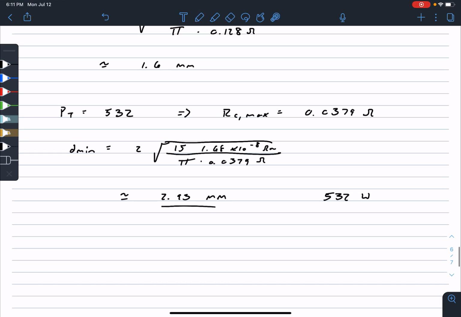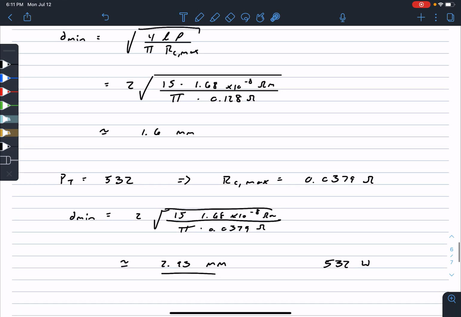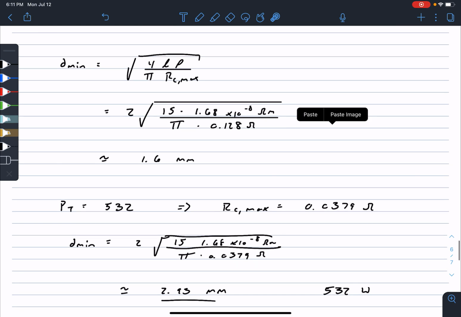And so that's an interesting thing because the diameter is going to depend inversely on the resistance of the material, right? So